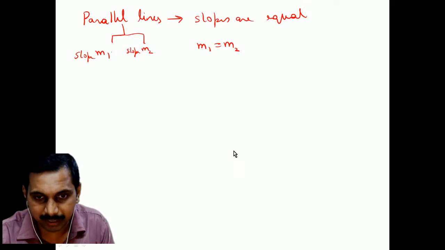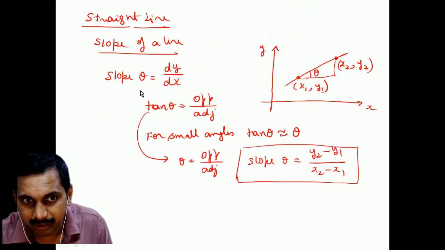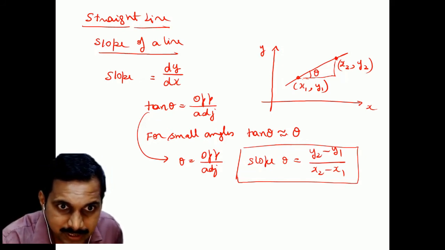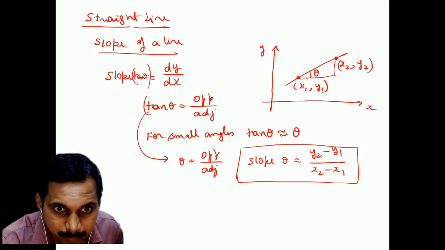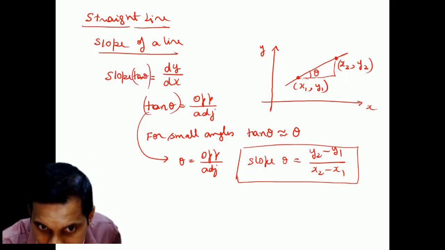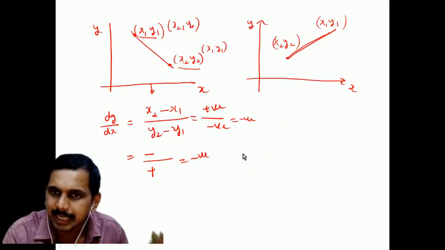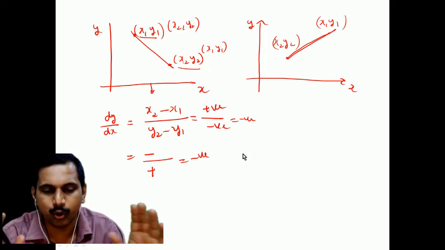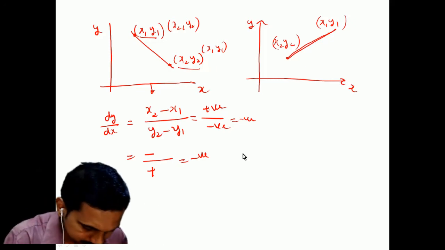So slope can be theta or tan theta? Slope is tan theta, keep in mind, not theta, I am sorry here. Slope is always tan theta. Opposite by adjacent. It cannot be theta. It is always tan theta. Keep in mind, again and again I will tell you: slope is tan theta.